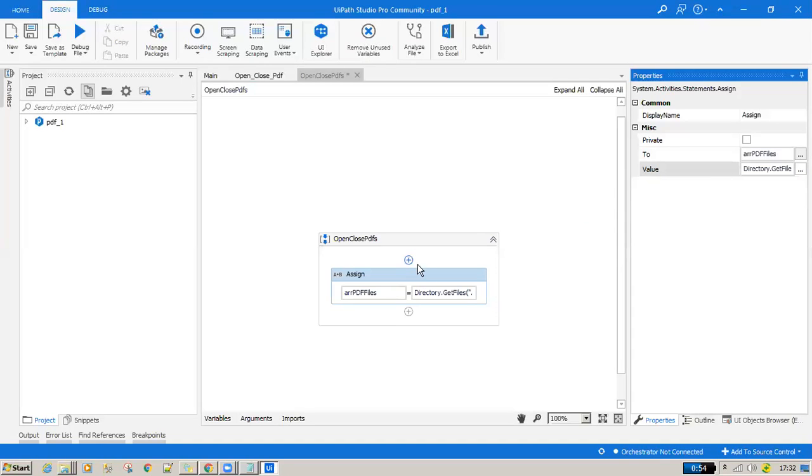What it will give is the array of files, which is your collection of PDF files in this specific folder.